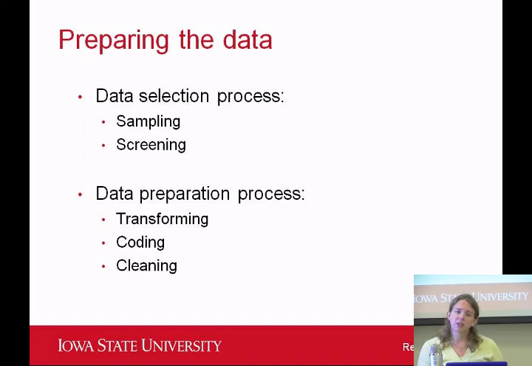The first step we're going to talk about is preparing the data, and the function of this step is to show what was done to the data and also how the data were prepared for analysis. So in other words, the step is used to explain data selection, things like sampling, screening, cleaning, or inclusion or exclusion of particular types of data, correction of data. So all sorts of things that you could do to alter your data in some way and select which data